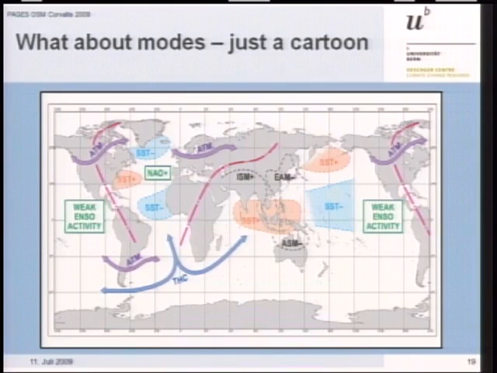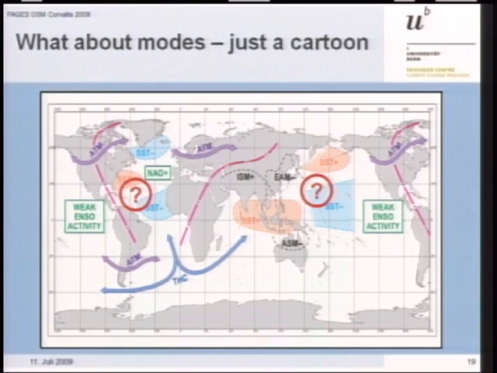They're also showing that we have a positive correlation between the North Atlantic oscillation and the Indian summer monsoon, which is, based on some papers, negatively correlated with the East Asian summer monsoon and the Australian summer monsoon. I would not like to tell anything about sea surface temperature because that's a very difficult issue and we have also to work on that. But I think this whole idea of correlating these different modes and looking at what was happening in the models will be a very important topic in our work in the future.